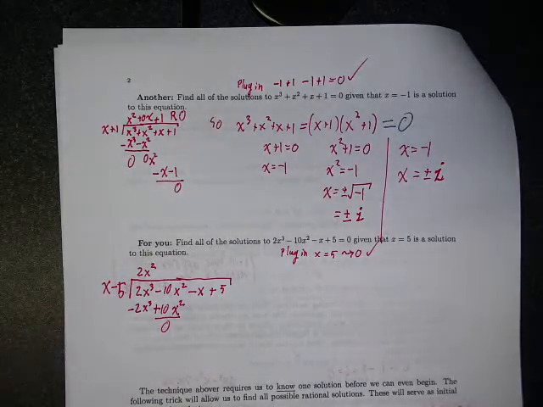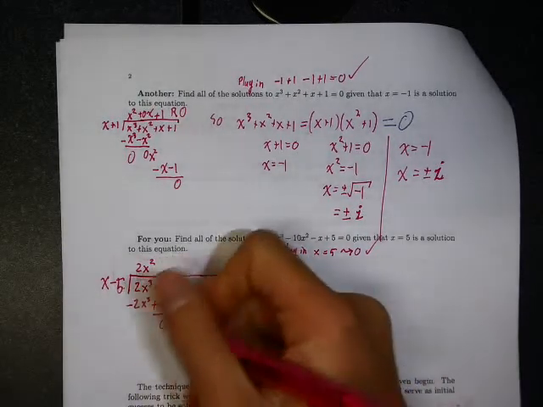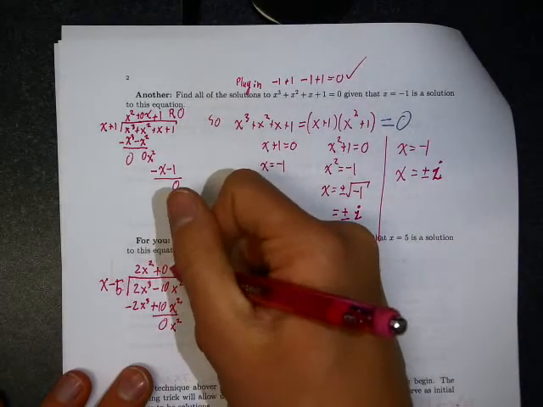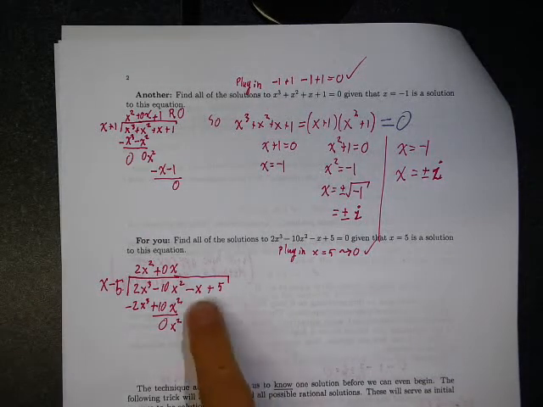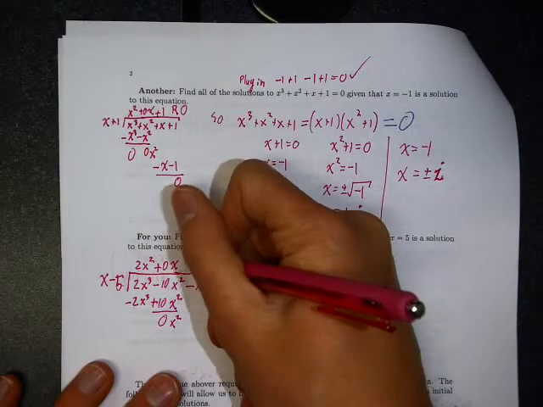Cool. That works out to be 0. It's almost like I picked this example so that it would secretly be easy. What do I need to multiply x minus 5 by to get this 0x squared? Well, 0, I guess. So the next term in the division will be plus 0x, which I'll put there just as a placeholder. What do I need to multiply x by to get negative x? Negative 1.